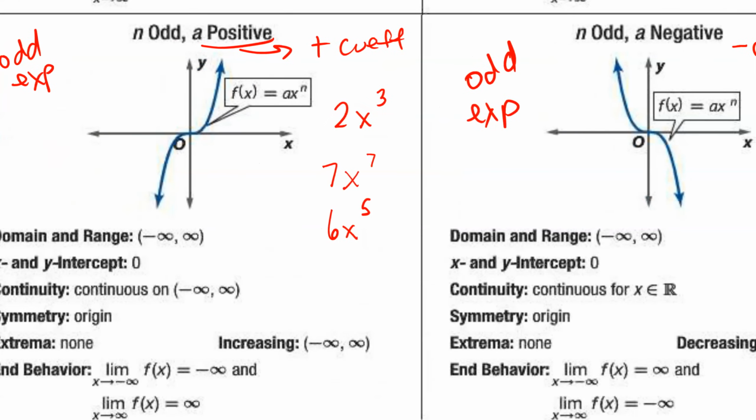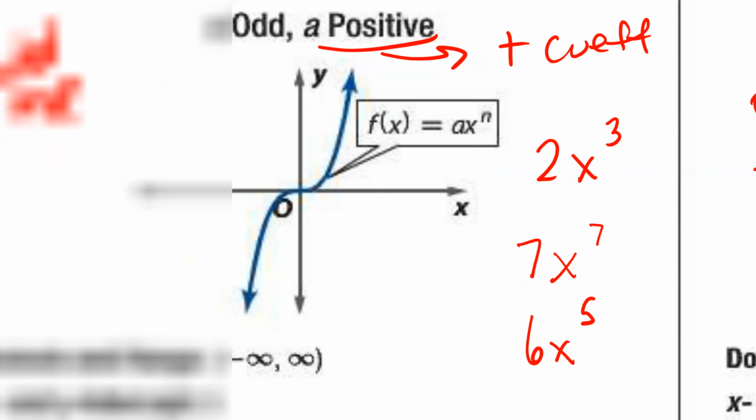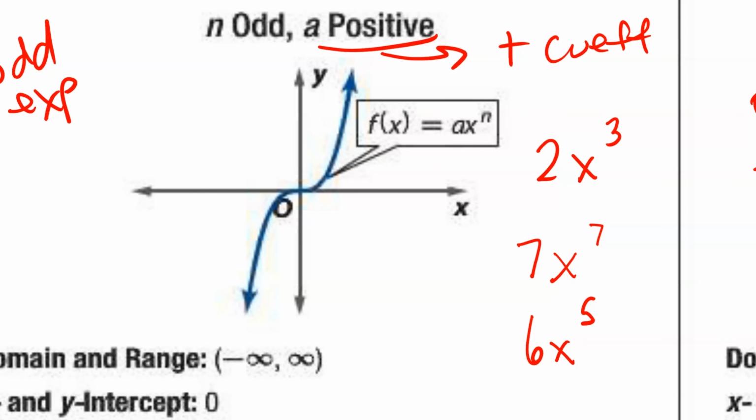So the way I remember how to draw x cubed, because for me, I'm graphing it, so like you are looking at me and I have it graphed correctly, but like if I was looking at myself, I'm like, this is totally backwards. So the way I remember it, if I have x cubed,